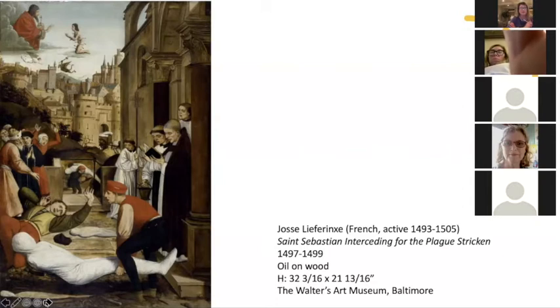This is an instance that took place, the image we're looking at here, long after his death. He lived around 300. But what we're looking at here is an image, even though it was done during the 15th century, of a situation that occurred during the 7th century in Pavia, Italy, where Sebastian interceded for the plague victims. And there are multiple, and that's part of the problem with plague iconography, because